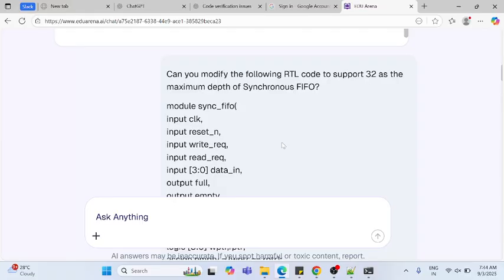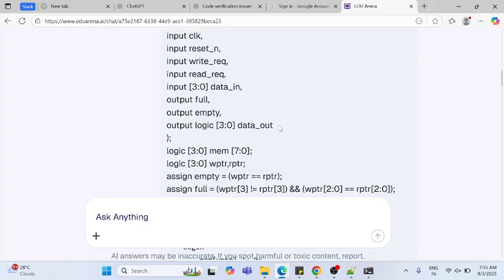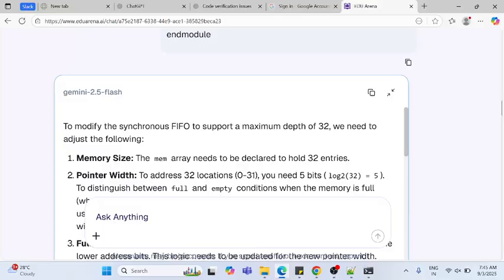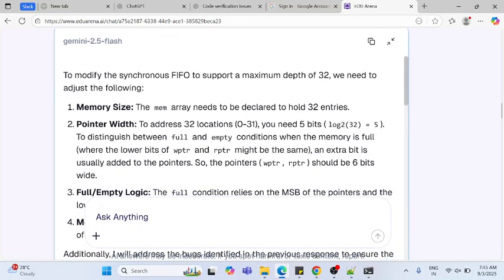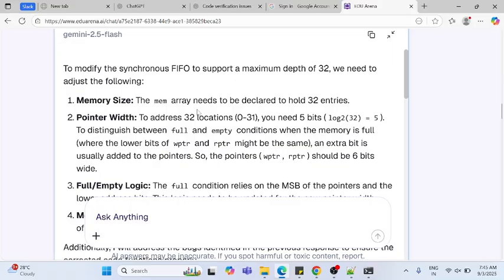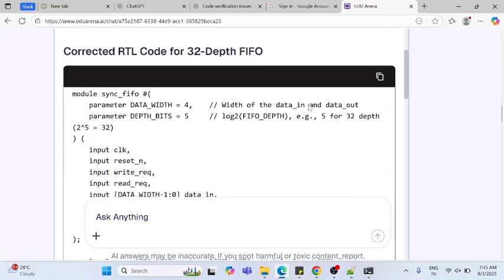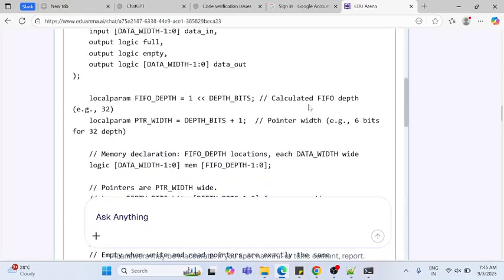Now I want the LLM to modify the FIFO depth from 8 to 32, so that means you are going to have 32 locations there. I gave the code that I have written, which is of depth 8. This was also tested with Gemini. To modify the synchronous FIFO to support a maximum depth of 32, we need to adjust the following: memory size, the memory array needs to be declared to hold 32 entries, and the pointer width. Full condition, empty condition, all these things are correct. So now they have generated it with some